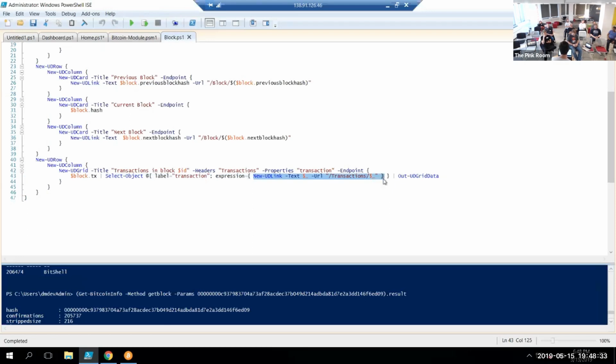So I've given it a label, transaction. So that's why it appeared. Sort of properties. This is selecting the transaction from here. So I'm doing a select. So I've got the block selectors, which is just a massive list, and then I select them all, call it transaction, create myself a link on it, and that's why they appear